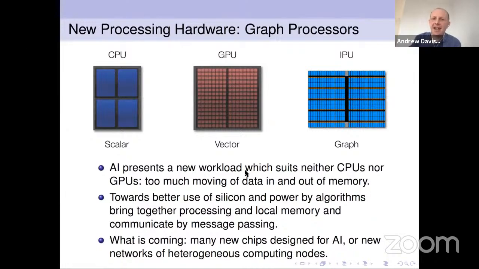But machine learning doesn't have to be a CNN. There could be all sorts of much more complicated, maybe graph-like topologies, which don't necessarily work very well on GPUs. And maybe we use CNNs so much just because they do work on GPUs. So what if we could think more flexibly? A particularly interesting concept is a graph processor. This is a picture from a company called Graphcore in the UK, which is a new company designing a chip called an IPU, an intelligence processing unit, which has a very massively parallel architecture, a bit like a GPU in that regard. But what's very different is the sort of parallelism that this allows.